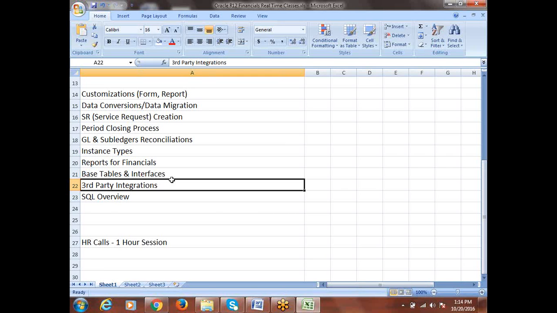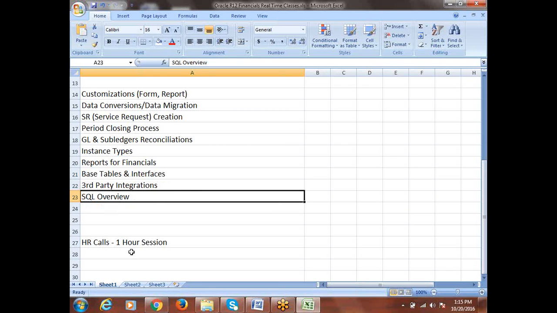In that case there will be a need to develop the interface, generally what we call a sub interface. Of course, the development will be done by technical people, but we'll play the key role in understanding the mapping and what data we have to bring into the system. That complete process we will also understand; we call that third party integrations. We may want to get some third party application data into payables, receivables or general ledger, whatever it may be; the approach and process will be the same. If any third party application is going to be integrated with our Oracle application, what process needs to be followed and what our responsibility is as a functional consultant will be discussed in detail.